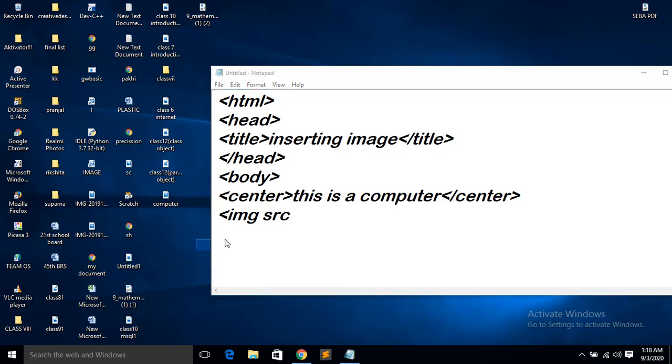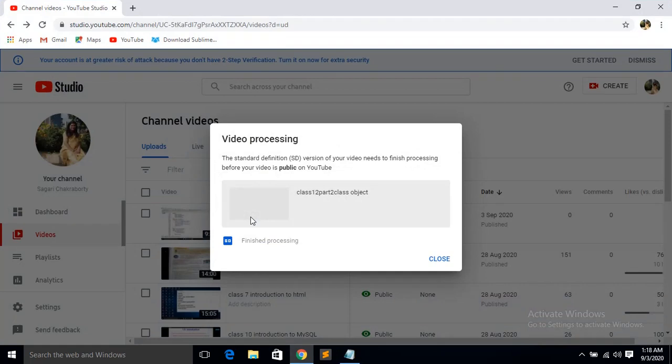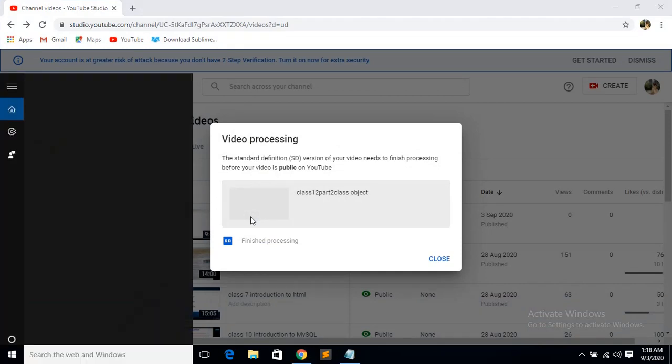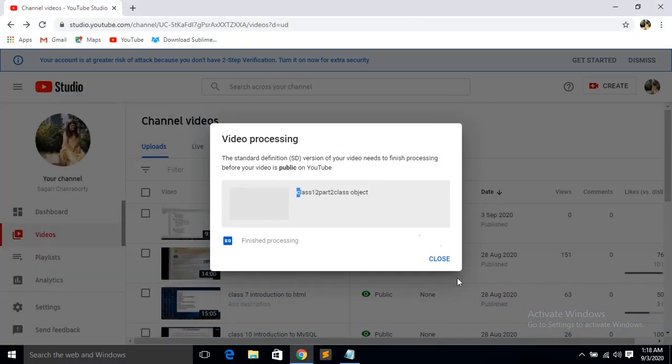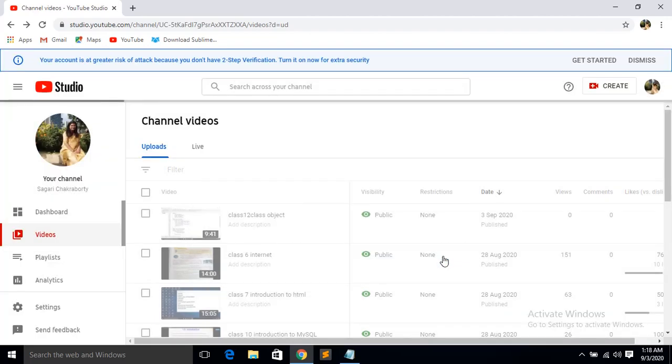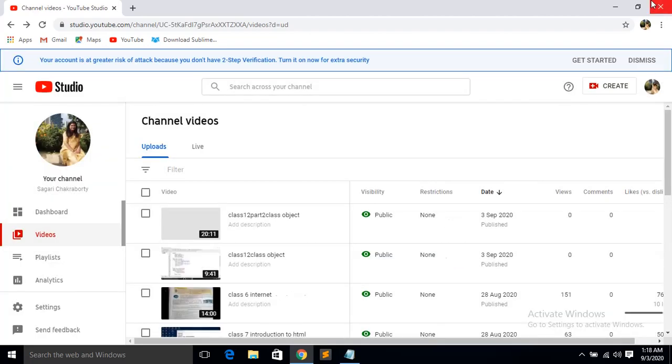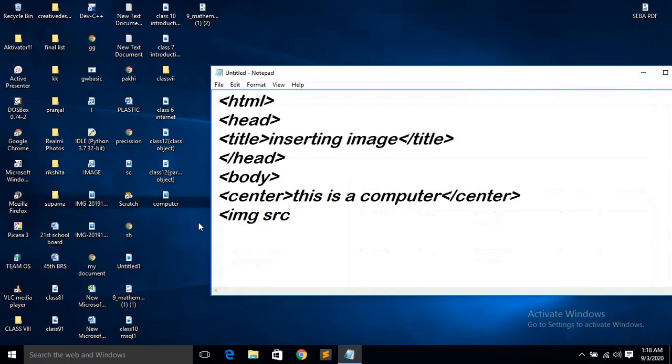So you have to write img, then you have to give space between img and src, because img is a tag and src is the attribute.